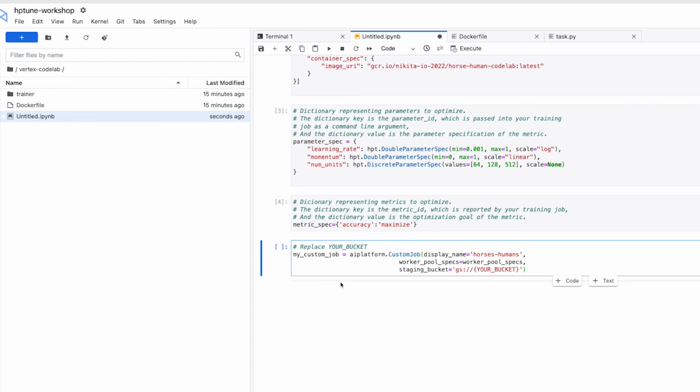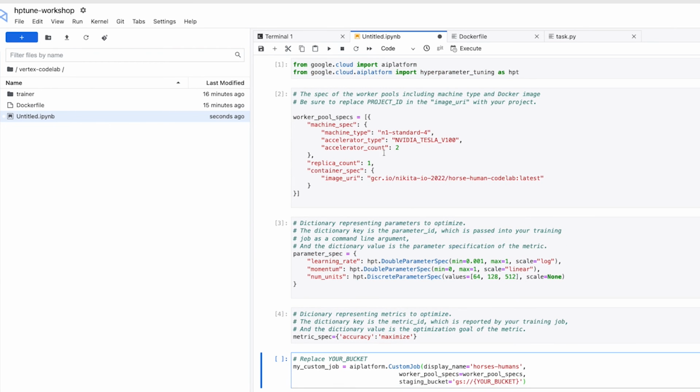The next step is to define the custom job. This is the common spec that will be used to run the job on each of the hyperparameter tuning trials. So that means that when the hyperparameter tuning job kicks off, multiple custom jobs will be run. This is taking in the worker pool spec, which we defined earlier, where we specified our machine as well as the Docker image that has the training code.